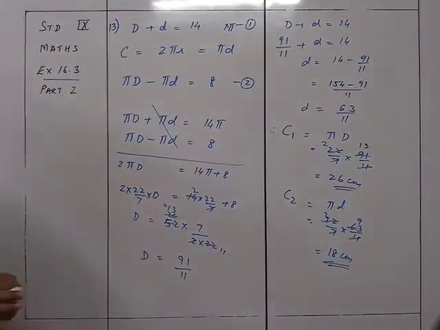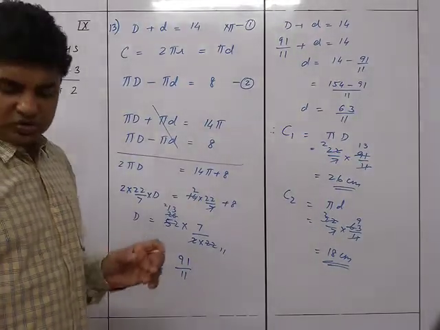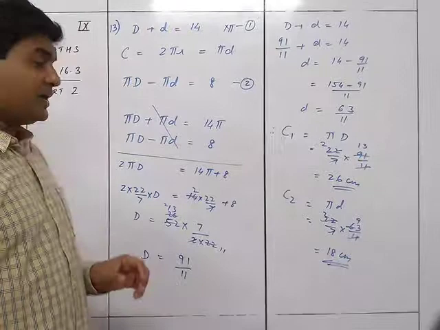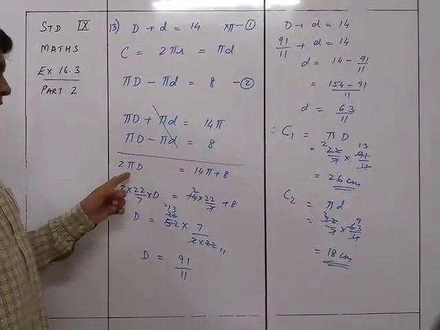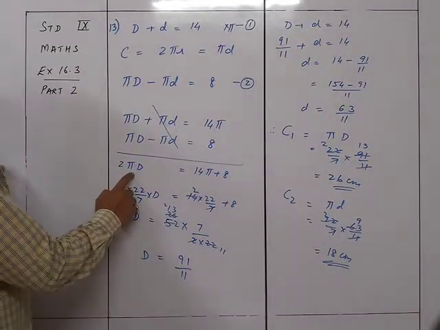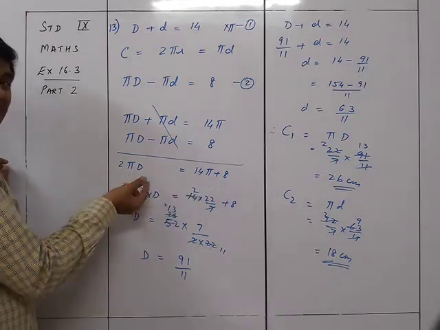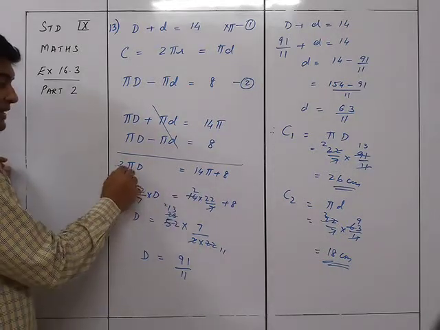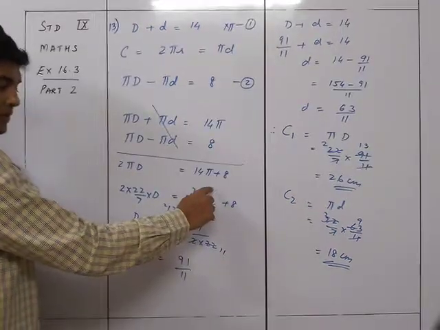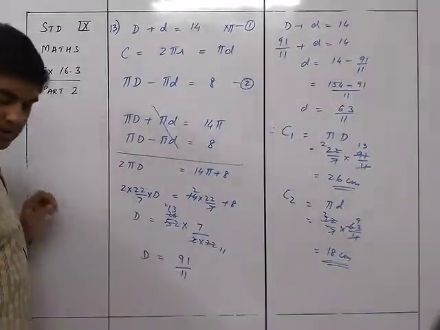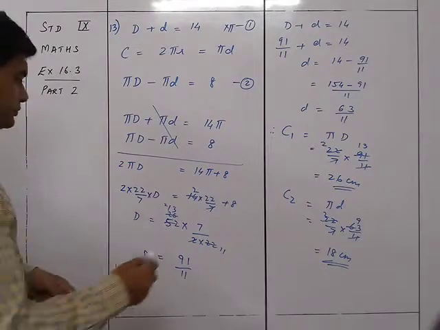Okay, this is one way of doing it. If you don't want to strive too much, but if you want a shortcut, you can see over here that this is pi D. I got over here pi D is equal to this much. So that itself is the circumference. So I just divide this by 2. So you can see over here. I'll just show you over here.